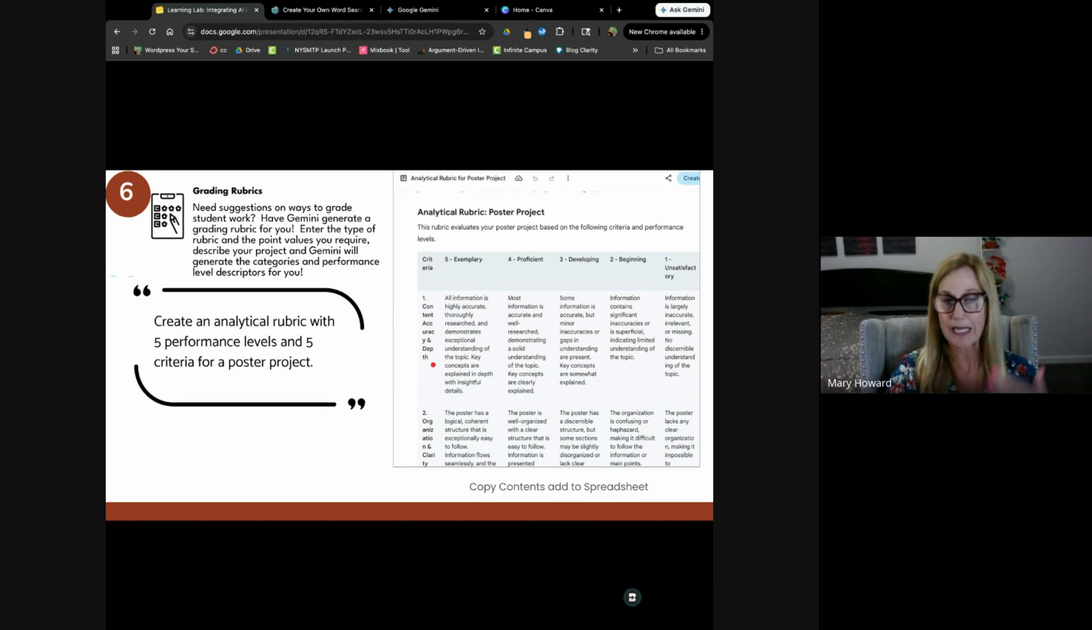And then it kind of makes these up. And then across the top, of course, the criteria for grading, exemplary all the way down to unsatisfactory. The more you give it, again, the better the rubric is that you're going to get. So for a poster project, I could say maybe this is a poster project on the solar system, or